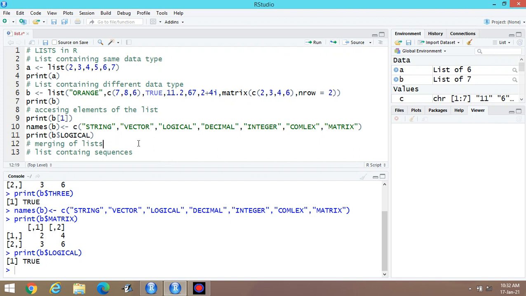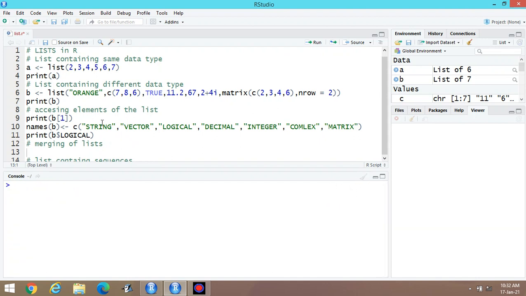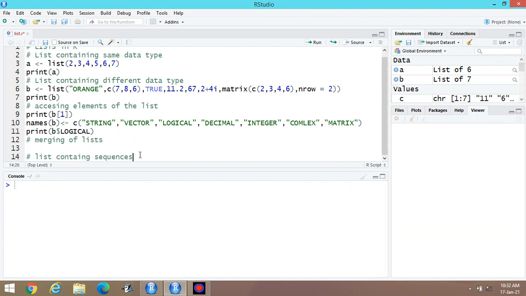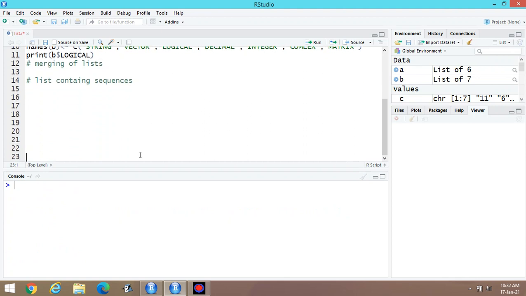The next one is merging of list. Suppose two lists are there, L1, or you can write A1.